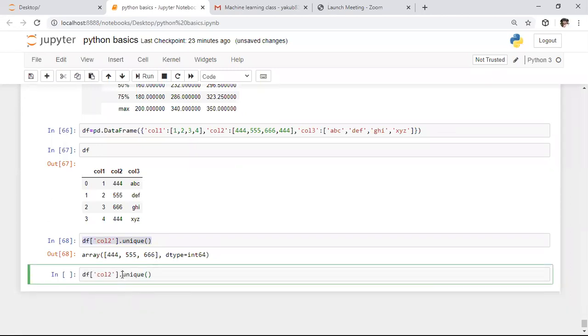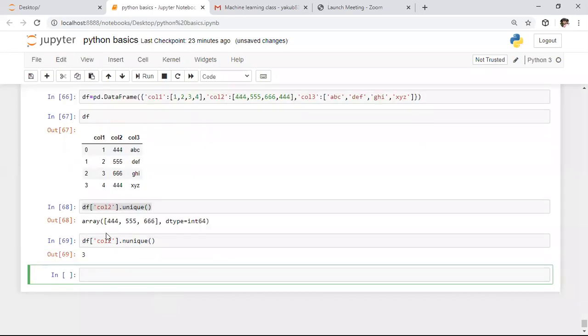In this column, we have only 3 unique values. It is a small data frame, so we can easily visualize the data. Whereas if it is a bigger data frame, we can't understand that easily. So to know this kind of information, we need to apply the number of unique values function.